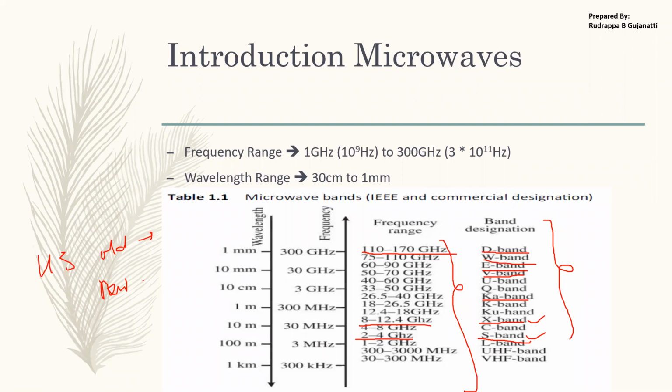But when you look at the new specification given by the US military, they had bands specified as A band, B band, and so on up to M. For example, A band was in the frequency range of 0.1 to 0.25 gigahertz, and M was in the range of 60 to 100 gigahertz. So these were the new specifications they had given. But universally, they refer to IEEE standards. So the IEEE bands are specified on the devices. This is what is universally looked out for.